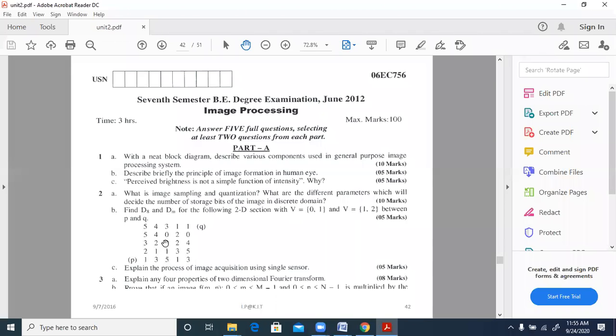From 1 to 0 can we go? We can't, because 1 and 2, one of them, is there within this set. So you can't go from 1 to 0. So the only alternative is you can go from 1 to 1. So in the M path, you can go from here to here, but you can't go from here to here because 2 is part of the neighbors.